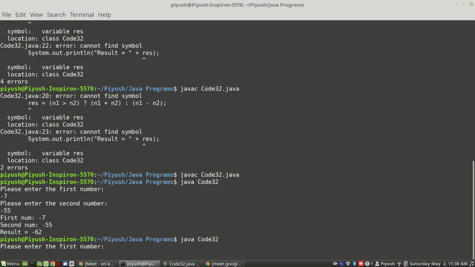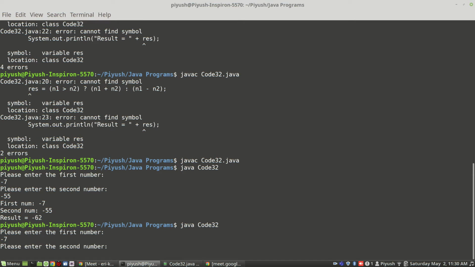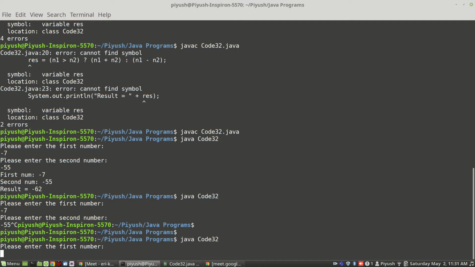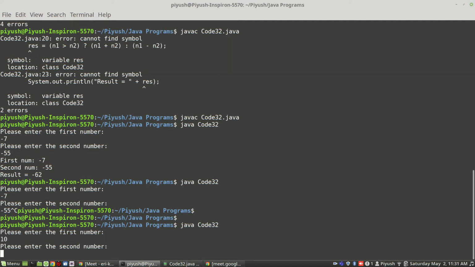Let's take a different example. Let's say first number I'll give as 10 and second number as 20. Okay, so here n1 is not greater than n2.